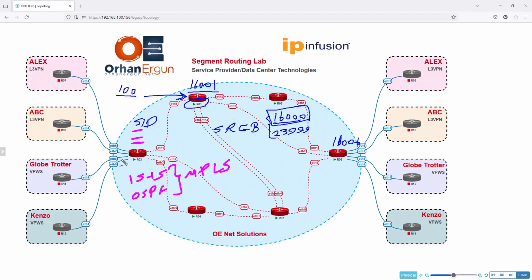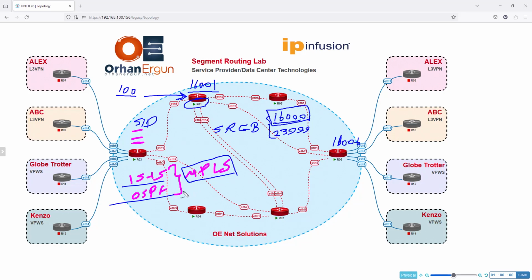The other thing that I want to do is I'm going to enable MPLS. Like I said, MPLS should be enabled because I'm advertising every label into the MPLS forwarding table. An MPLS forwarding table is going to be created based on the labels, and for that there is just one single command which is going to be configured under each one of these interfaces, which I have deliberately changed the color to red. You can see that the red interfaces are going to have MPLS configuration using label switching. I don't have to configure LDP because LDP is not going to be used here. ISIS or OSPF are going to interact with MPLS, and they are going to populate the MPLS forwarding table. So that's the very basic